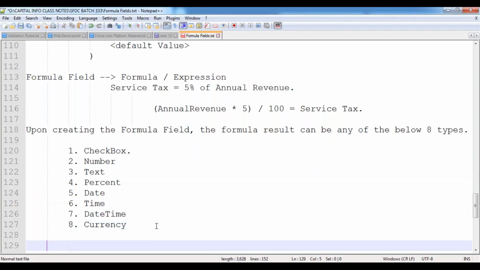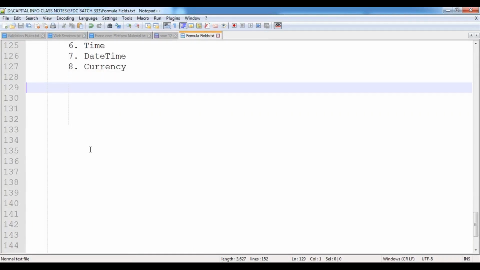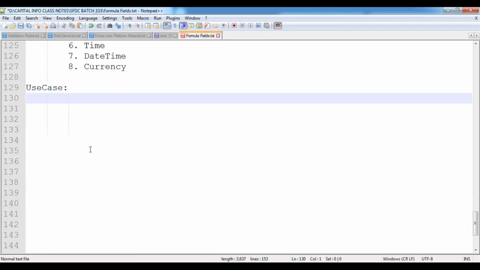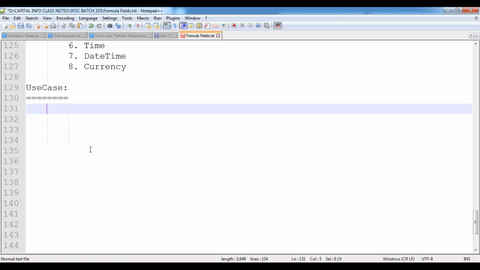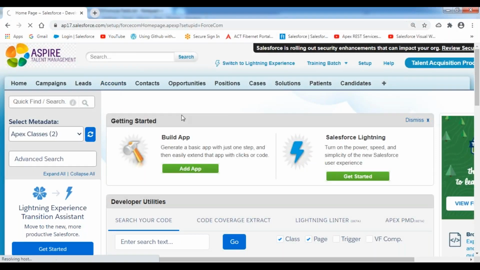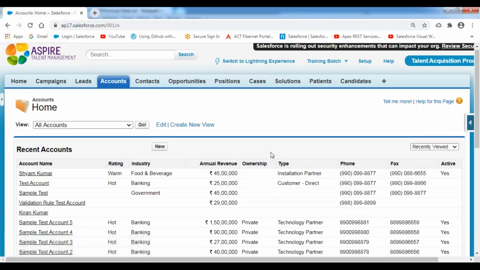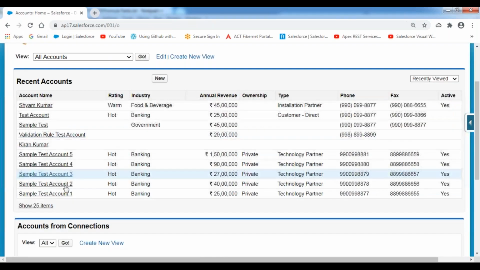Now, how can we create the formula field? Now let's see practically. Let's take a small use case. For example, I have an account object. Upon clicking on this Accounts tab, I can see all the account records here. So many customers are available, and they have their own